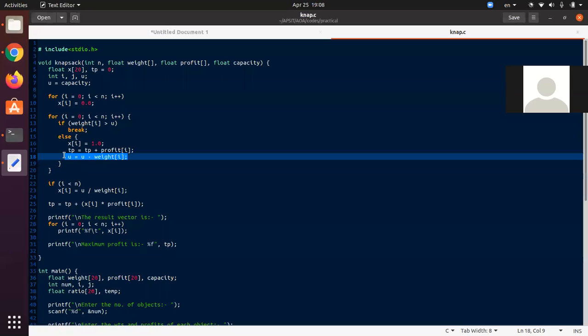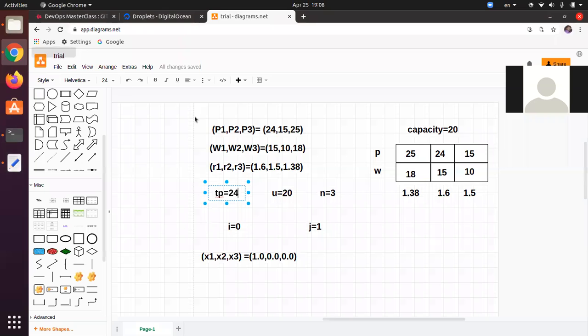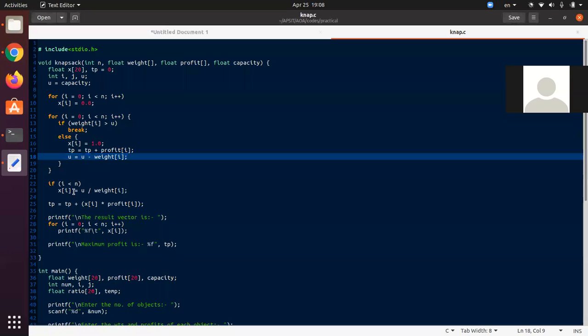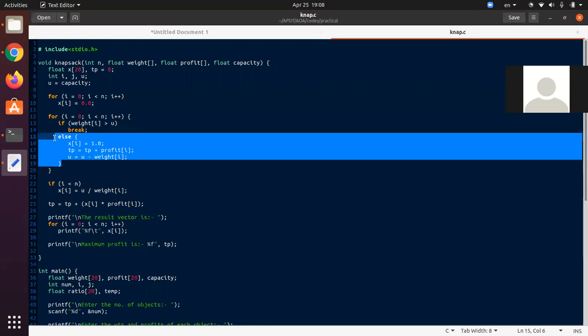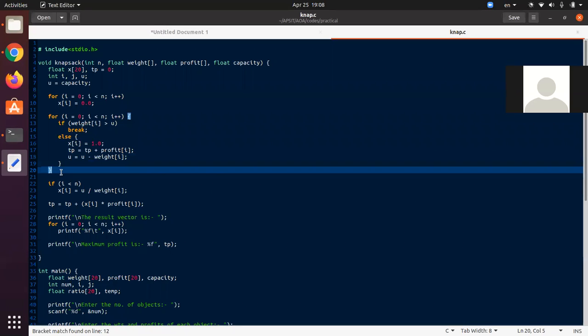So that weight should be subtracted from the overall capacity. So weight of i, that means weight of 0. Weight of 0 is what? 15 here. So that should be subtracted from u. So 20 minus 15 will become 5. So u will become 5. Right? So this is the end of this else. From here, again, control will go to this for.